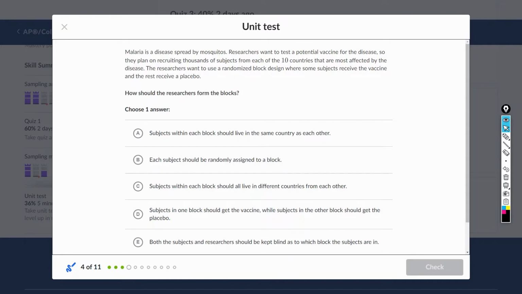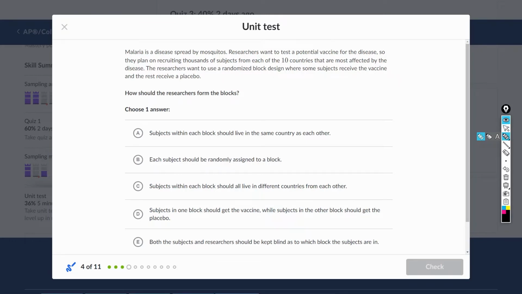好的。Malaria is a disease spread by mosquito，就是蚊子。Researchers want to test a potential vaccine for the disease, so they plan on recruiting thousands of subjects from each of the 10 countries that are most affected by the disease. The researchers want to use a random block design where some subjects receive the vaccine and the rest receiving a placebo. Placebo 就是安慰剂的意思，就是我们在这一章里面这个词经常出现，就是做实验要一部分是 controlled